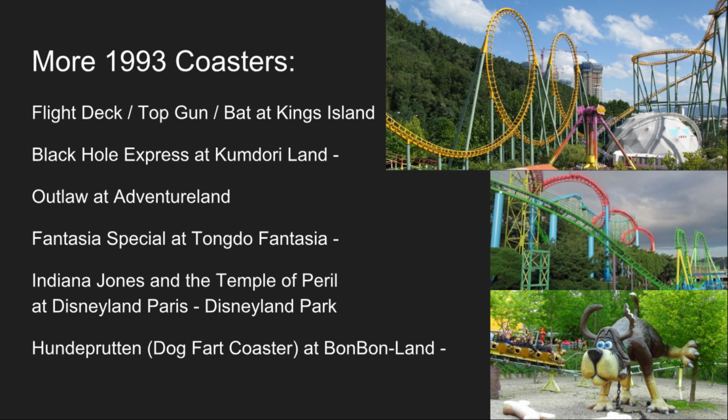I like the color scheme on it. Like the lift and drop is blue, but then the corkscrews are red and the loops are green. It's kind of interesting. Anyway, Indiana Jones and the Temple of Peril, or